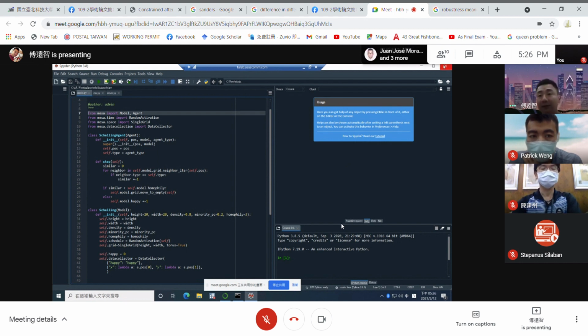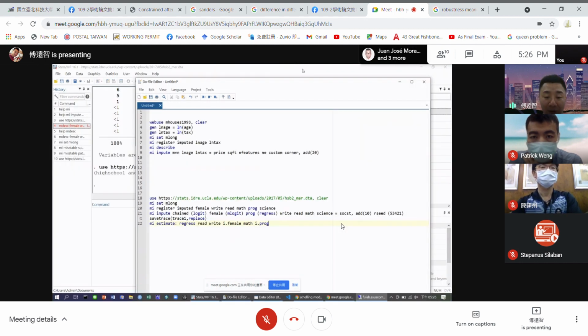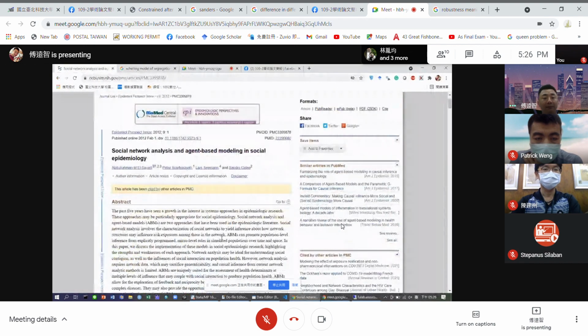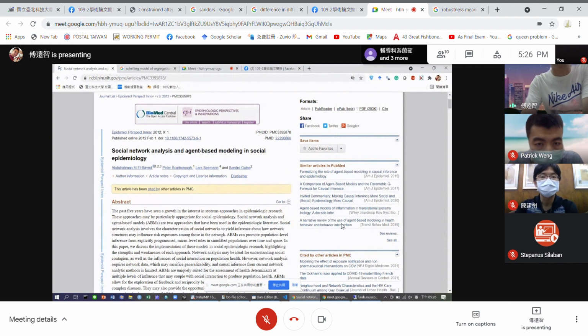Hold on a second. Before I go to here, I want to show you this paper I just found. In 2012, social network analysis and agent-based modeling in social